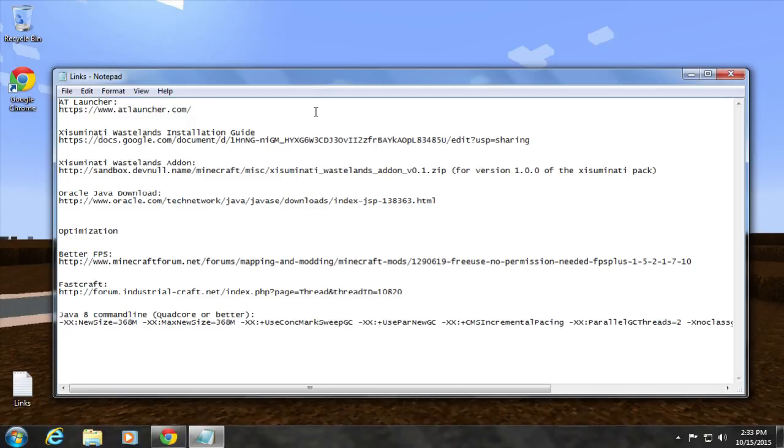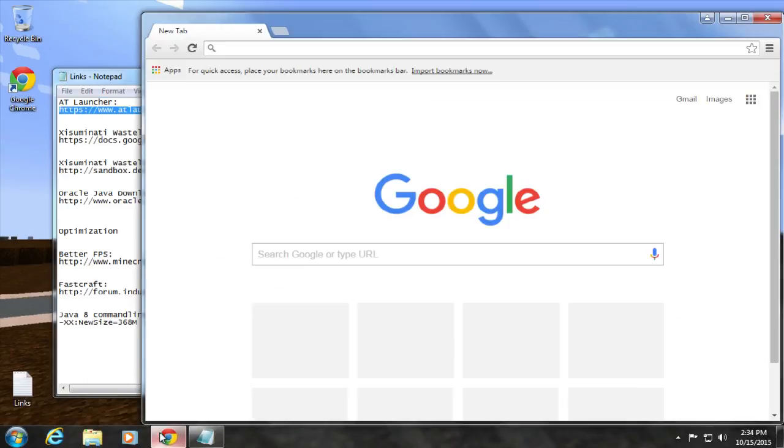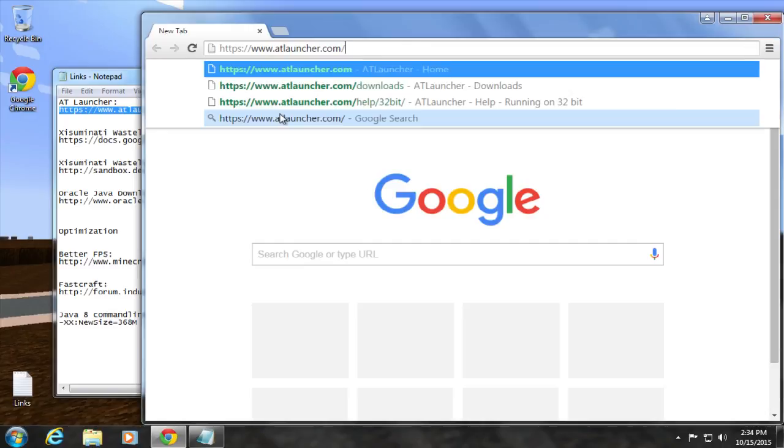Okay, so assuming you have a Minecraft account and you have nothing on your computer pre-installed for mod packs, we will start walking you from there. And the first thing you're going to need is the ATLauncher, because the ATLauncher is where the Xisuminati mod pack is distributed. And the ATLauncher, if you don't know, is an alternate to the standard Minecraft launcher. So you still need your Minecraft ID and an account, but we will not be using the Minecraft launcher to